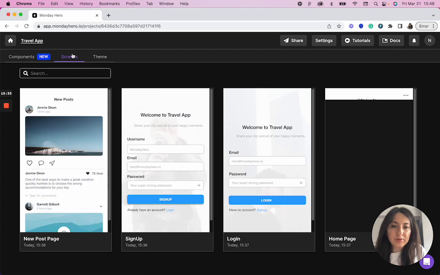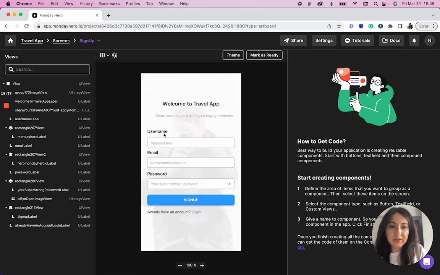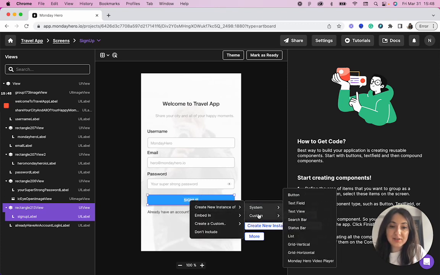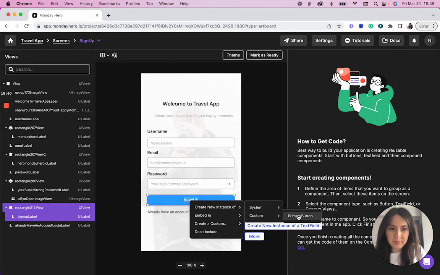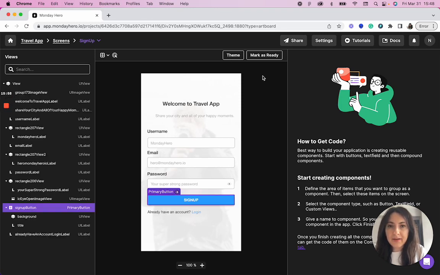And you can also connect this button to other screens on Monday Hero too if you don't want to connect it manually. So I am selecting this part, and I right click again, and I say this is new instance of a custom primary button, and let's give it a variable name. Let's say this is a sign up button, and I click finish, and I will click mark as ready